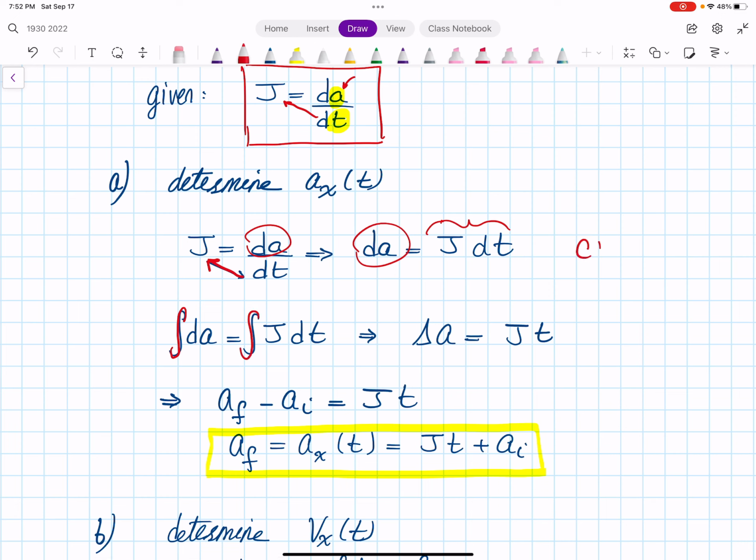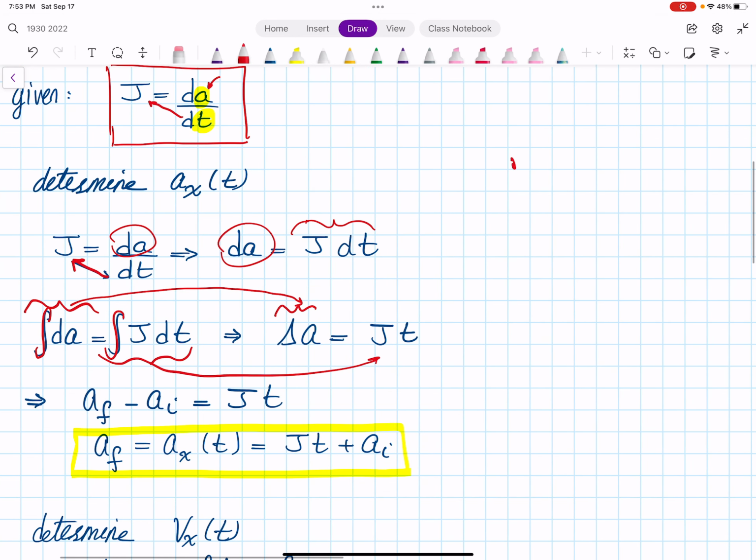So now this is moving to calculus. You should have taken calculus before, but if you did not take it or if you forgot it, it's totally fine. I cannot teach you an entire semester of calculus, but what I can do is give you the results and you just have to memorize, okay? If you cannot follow, you have to memorize. You integrate both sides. When you integrate dA, the answer is delta A. When you integrate j dt,